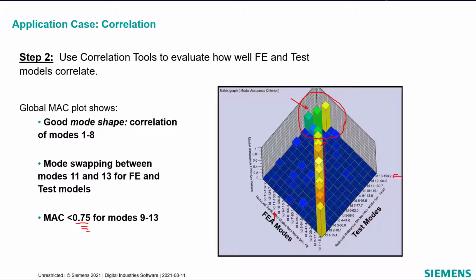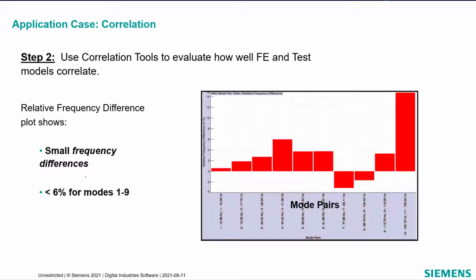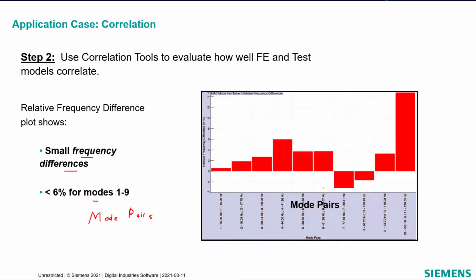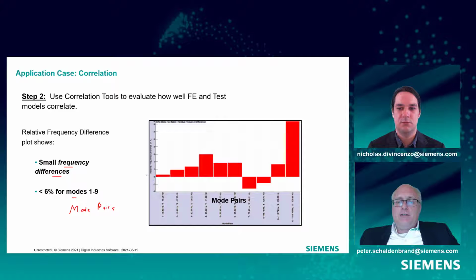So the next question is, how do we start to understand this? Now, you mentioned another idea that we could look at the difference in frequency. And in this case, it's a difference in frequency of what we call mode pairs, which we have written over there. So mode pairs are pairs of modes that have a higher MAC, like 50% and above, right? In this case, there's probably about 13 mode pairs or so, 13 modes that are somewhat similar. We think they're the same thing, and we could calculate the difference in frequency.